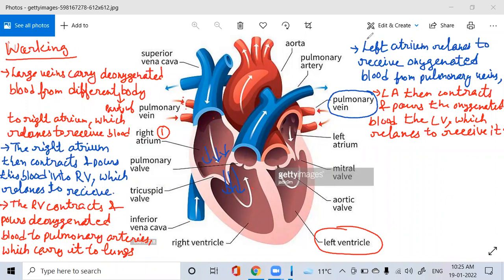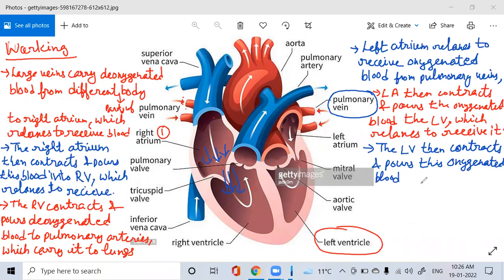Now, after collection of the oxygenated blood, what will the left ventricle do? The left ventricle, we know that after relaxing, it will start contracting. Then it contracts, right? And pours this oxygenated blood into another part that is called aorta, right? Here,